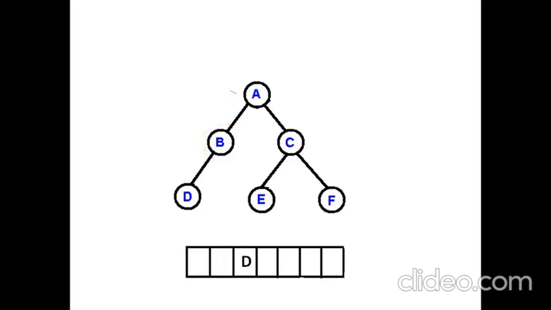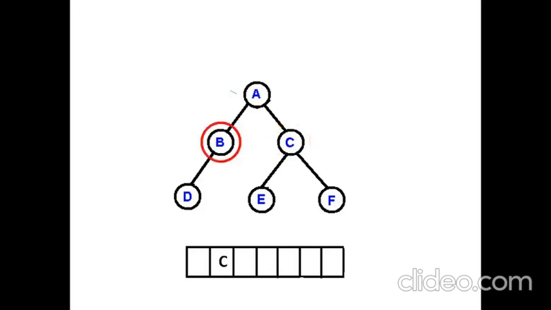So it became like this, and then we removed the front element and visited that, and inserted the left and right child of that particular node into the queue. We just cyclically follow the same procedure. Whatever we did for the first node, we just have to repeat it for all other nodes. Naturally, when the queue is empty, we would have visited all the nodes in the tree. This is the idea of breadth first traversal.